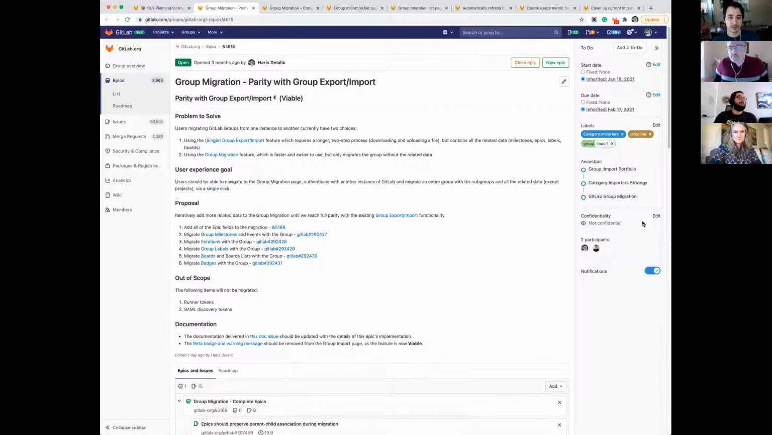Let me share my screen and tell you all about what import is planning to do for 13.9. So we're going to do more of the same, in a way. I've been talking about the group migration feature for a couple of milestones now, and we're currently marching toward achieving parity with